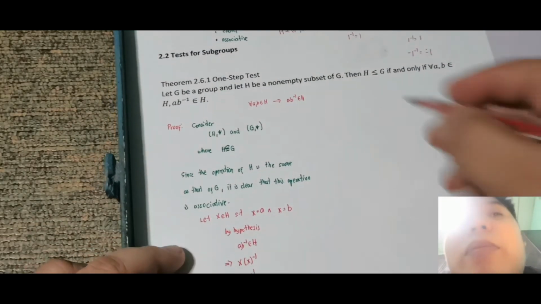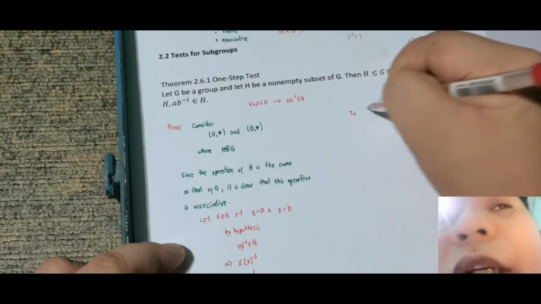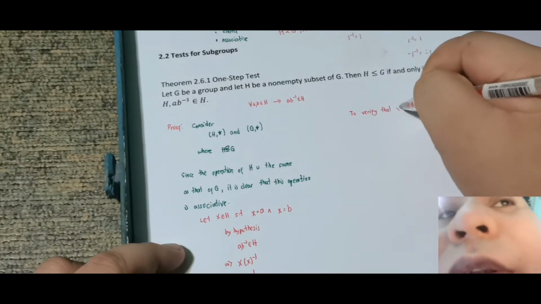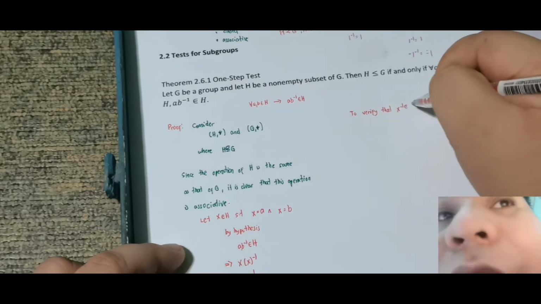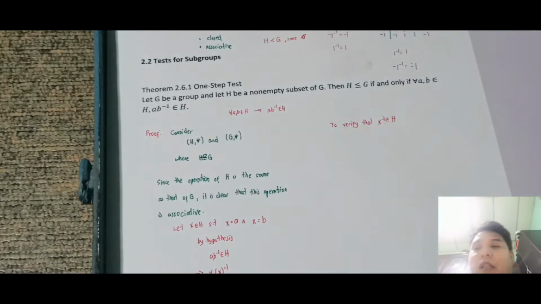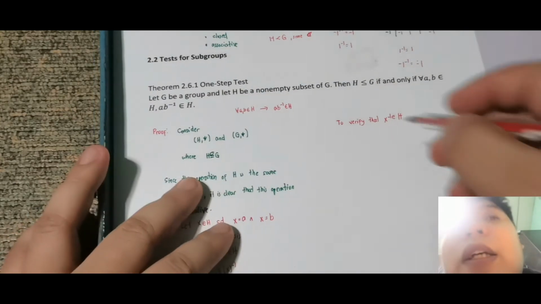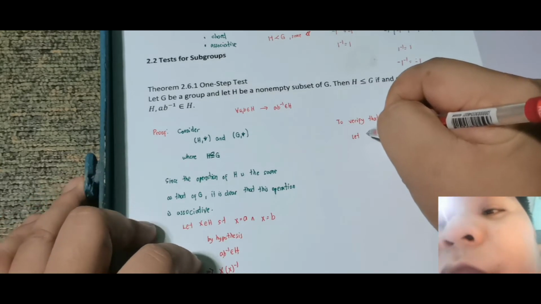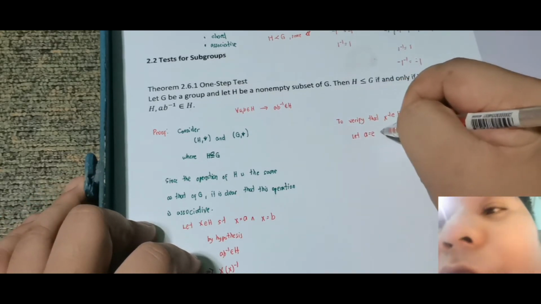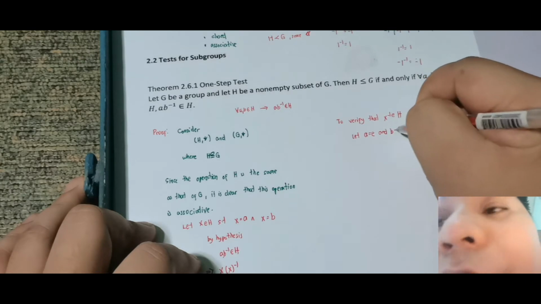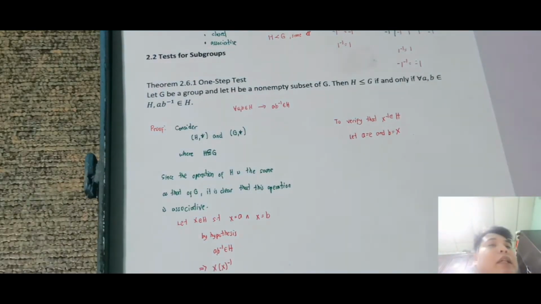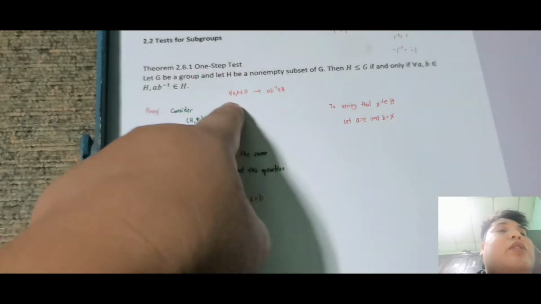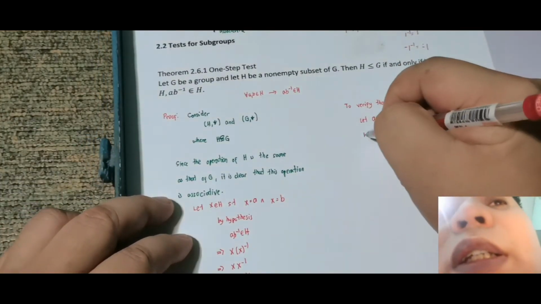So, to verify that x inverse is an element of H, using the same hypothesis again, let a be equal to e and b be equal to x. So again, I let different elements, a is equal to e and b is equal to x. So using the hypothesis again,